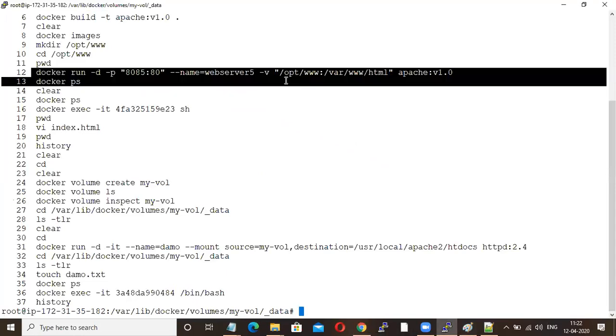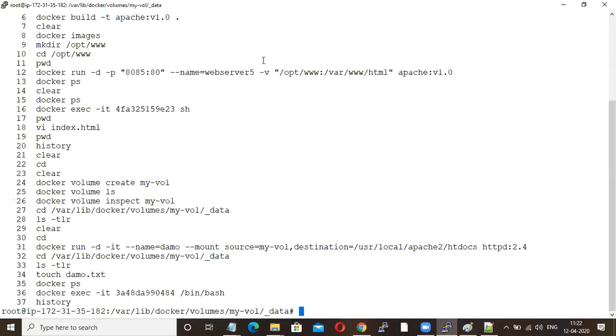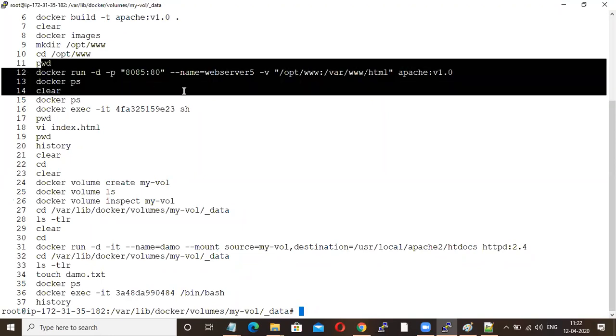We saw this same command yesterday; I'm just adding this. With -v, this is your local file system and this is your container file system. If you place a file here, it will be automatically populated there, and vice versa. That's it. This is one kind of Docker volume.